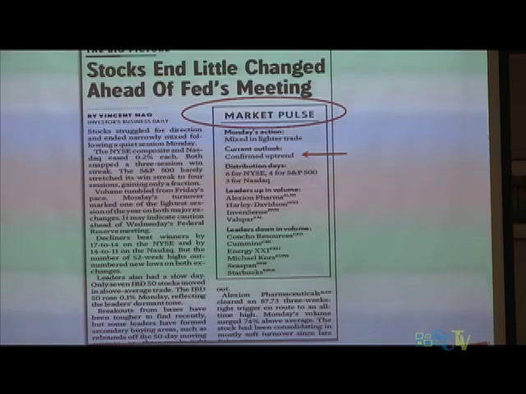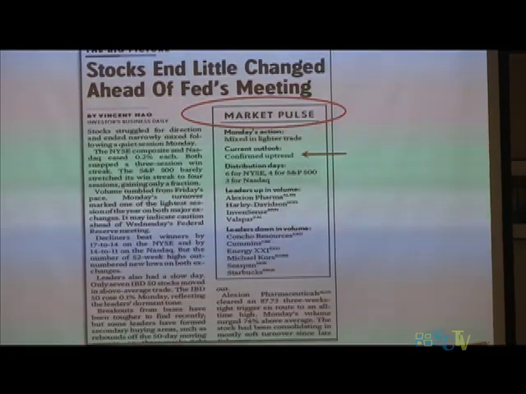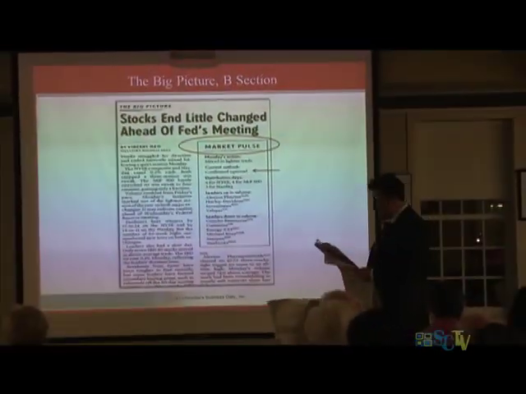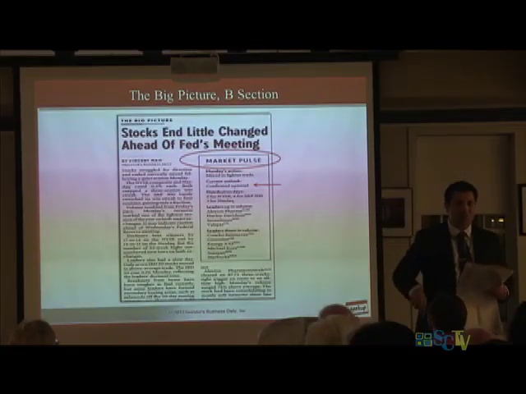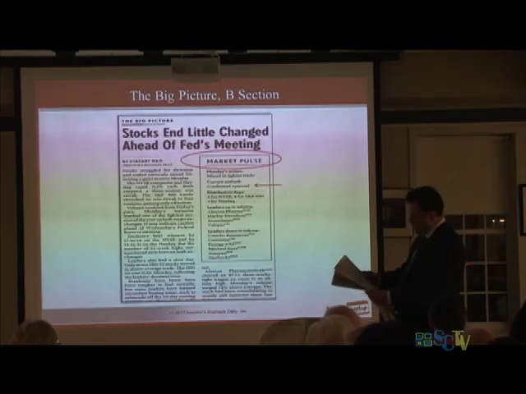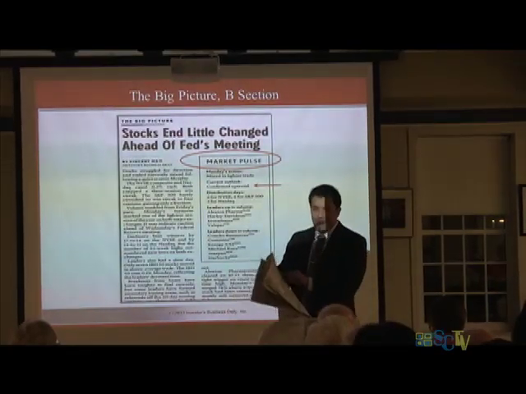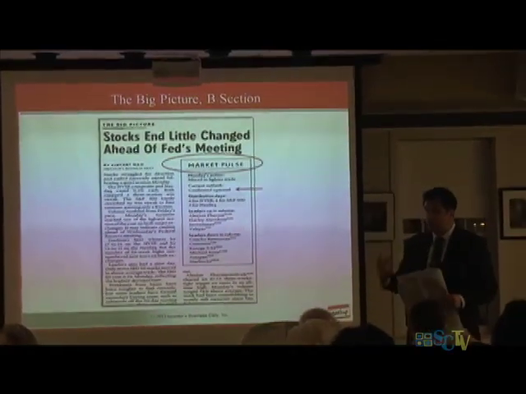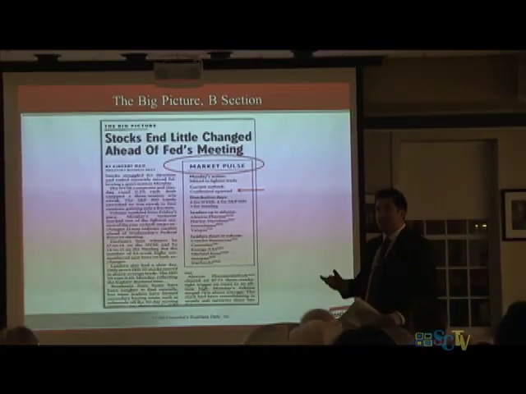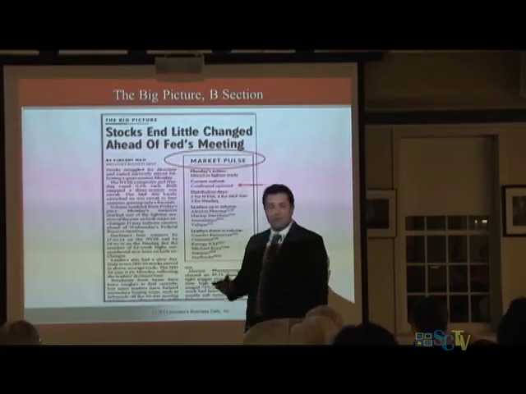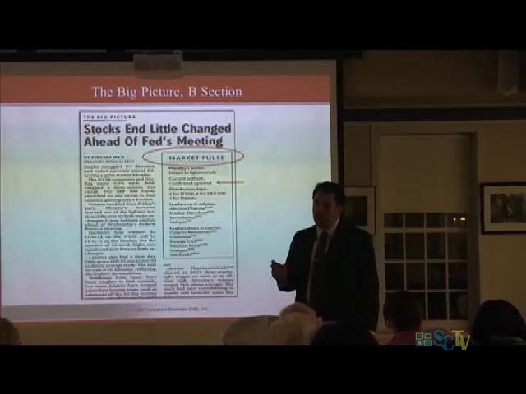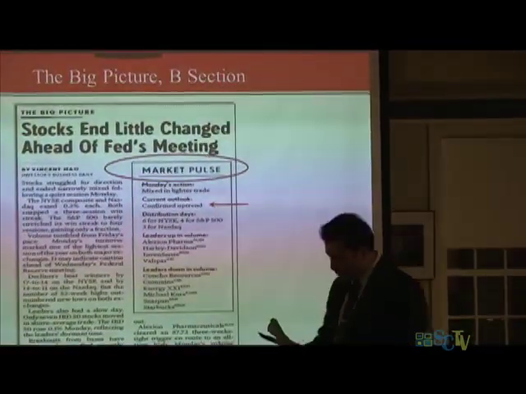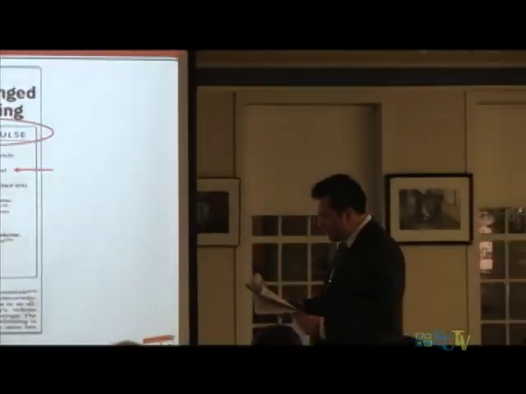The next thing you want to look at is right below that. You see where it says distribution days? How many are there for the NASDAQ? There are 2 for the NASDAQ and 2 for the S&P. After today, there was another distribution day on the market. So in tomorrow's paper, you should see 3 for the NASDAQ, 3 for the S&P, and I think the NYSE was down big too, so 1 for the NYSE. It's still no reason to start getting alarmed, but when you see that start to get to 5 or 6, that should get your attention. But as of right now, we're still good. There's no reason to panic.